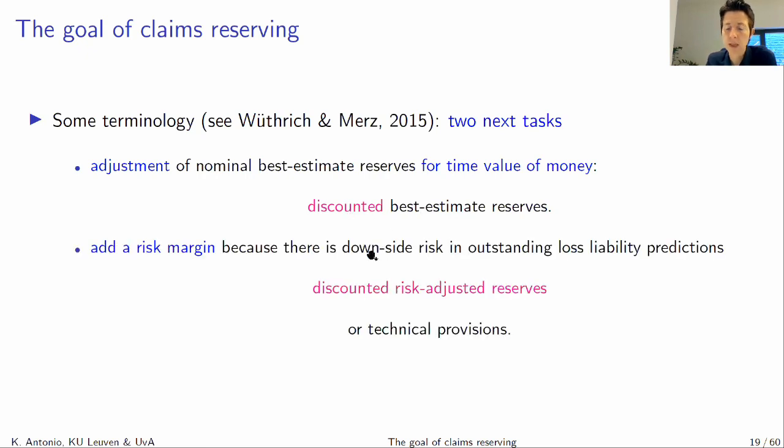And then the second thing is we started with looking at the expected value of the outstanding amount. We should also add a risk margin to that because, of course, we have the risk here of under-reserving, right? Of not having enough capital to be able to fulfill our liabilities. So what we're going to do is add a risk margin because there's downside risk in our outstanding loss liability predictions. And then the whole combined discounted and risk-adjusted reserves, that is what we would call our technical provisions in a Solvency II context. Yeah. So that would be the next step,